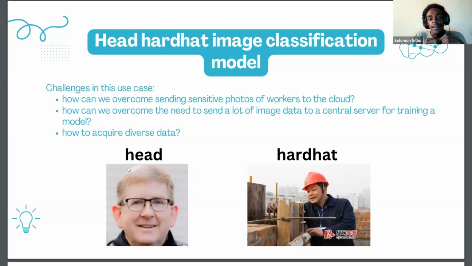So the challenge here is, what if in each construction site, the security camera that's there can take the images of the workers and train a local model. So it's taking images of the workers and it trains a model to detect if there's a head or if there's a hard hat. In construction site number two, you have the same security camera, which is taking video footage of people and it's training another model.